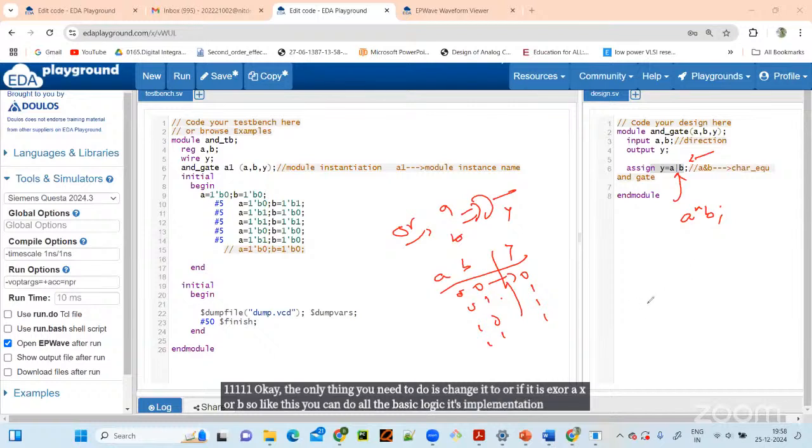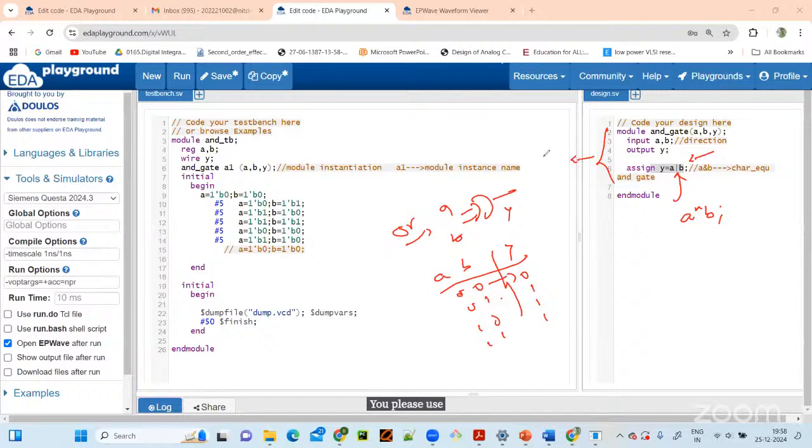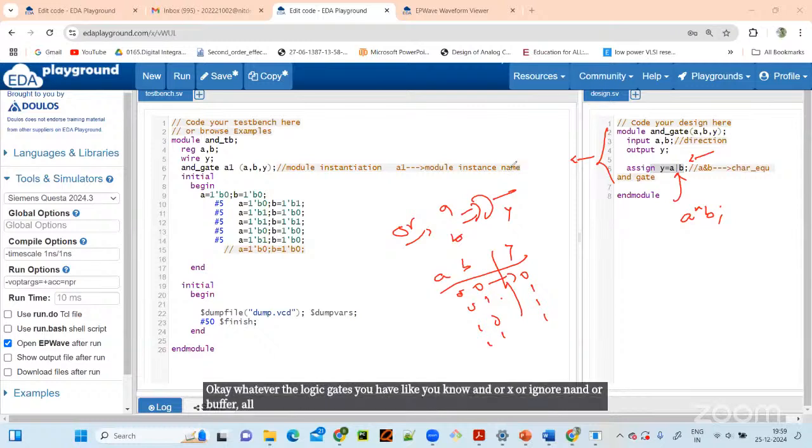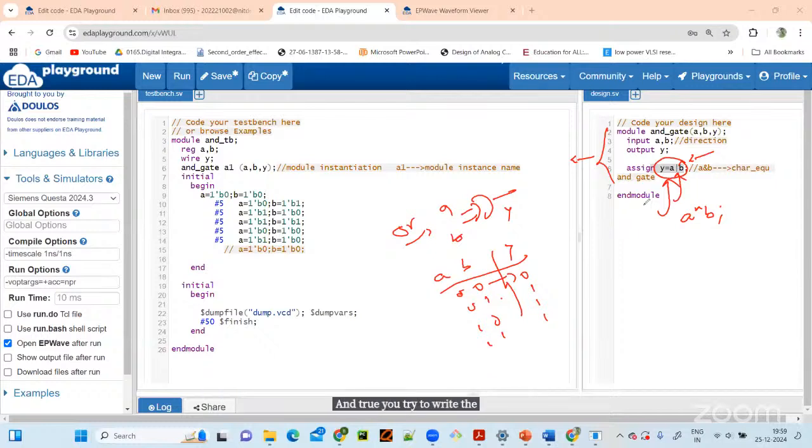So the task that I am giving you for tomorrow is: use this tool and try to come up with code and analysis of all your basic logic gates, whatever you have, like AND, OR, XOR, XNOR, NAND, NOR, buffer. Try to simulate these. Everything is the same; the only thing you need to change is this one particular line. Take a snippet of this and write the code, make sure your code is error free, and just simulate it